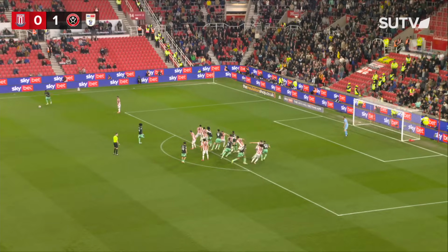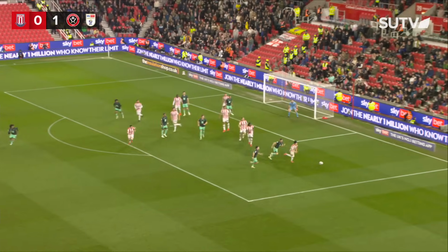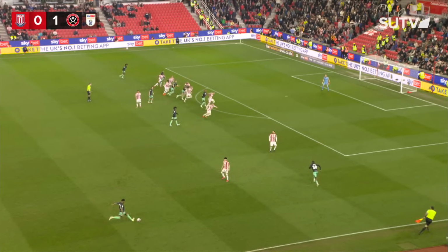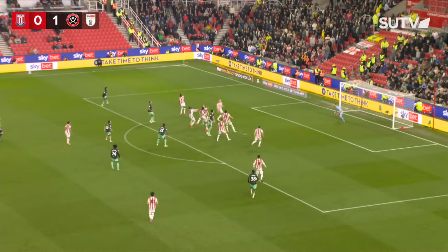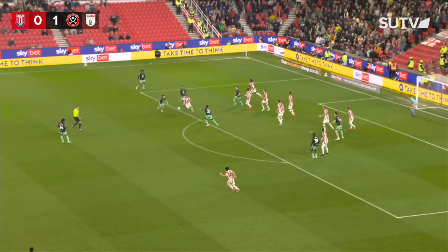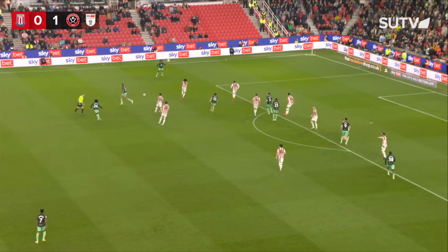Brewster then will step up, right-footed in-swinger. Into the box it goes. It might come here for Robinson after a loose clearance away, just outside the box. Now the players will meet this Rian Brewster free kick from the right. Vinny Souza can't get there as he backtracks, but Callum O'Hare will, and he'll shuffle it back quickly to Hamza